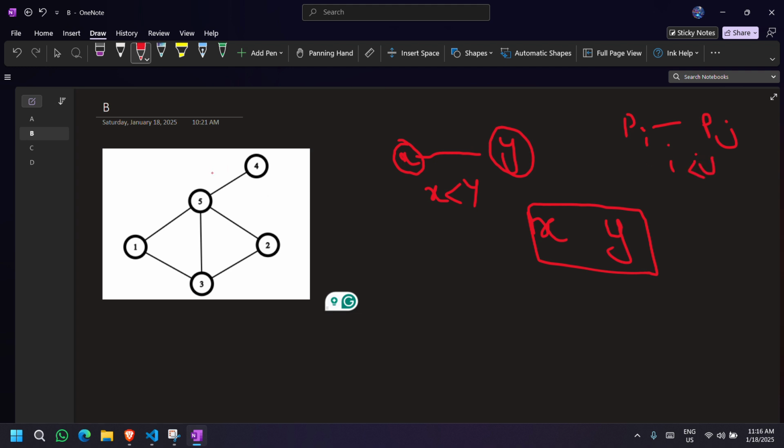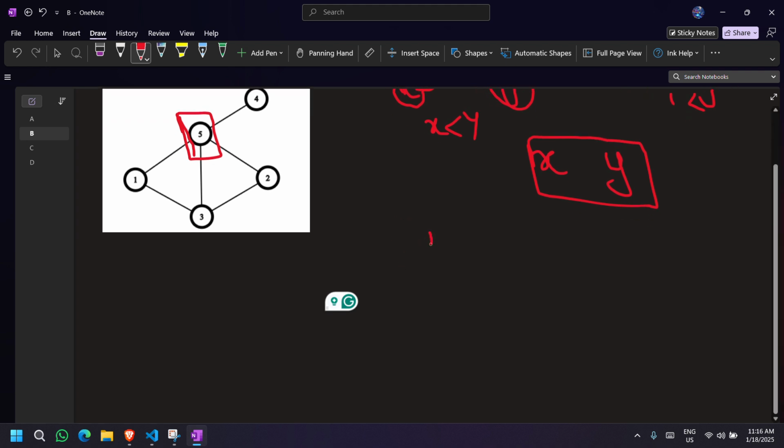So how to solve this problem? First, see that 5 is the greatest element, so 5 can't be connected to any greater node. I will build the permutation one by one. First insert 5.